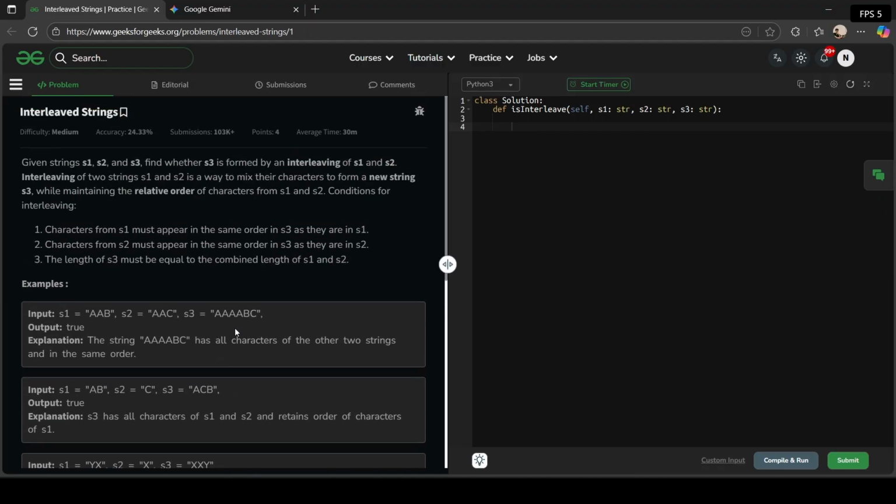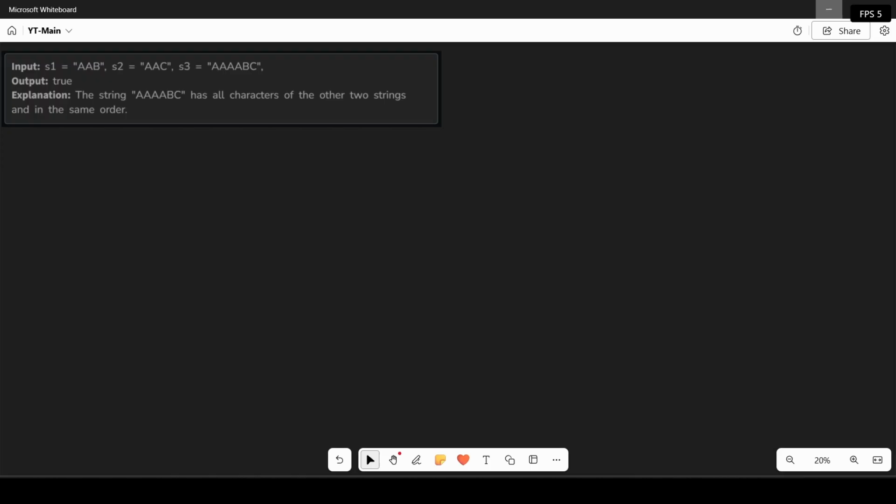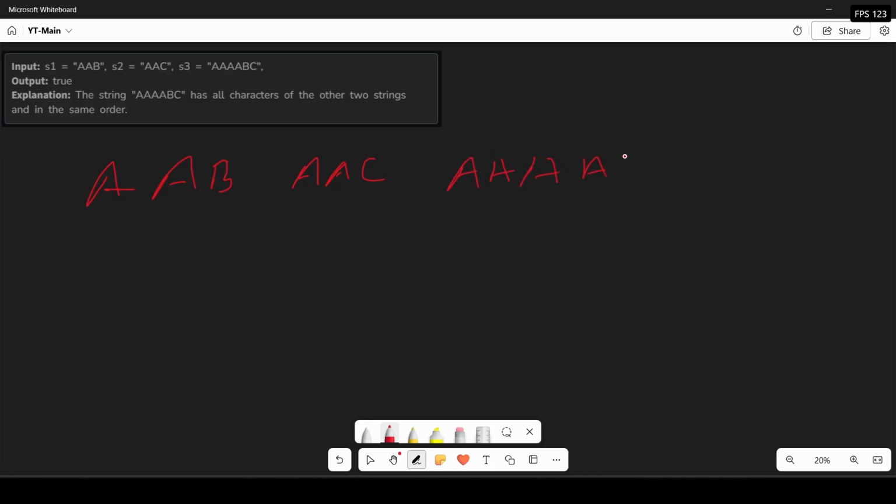All right, so let's see how we can solve this. I'll be explaining with the first example right here. So the basic approach, say for example you have B as your S1, the same example. Then you have AC, and then as a combination, you have ABC. Now, if you think about the naive approach, you can think about going through each character in each